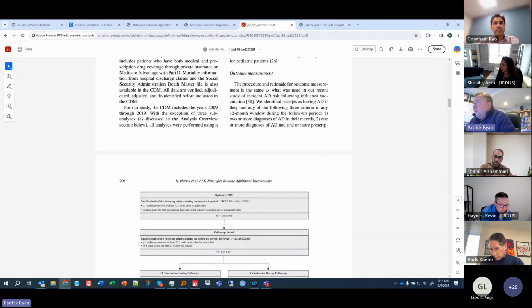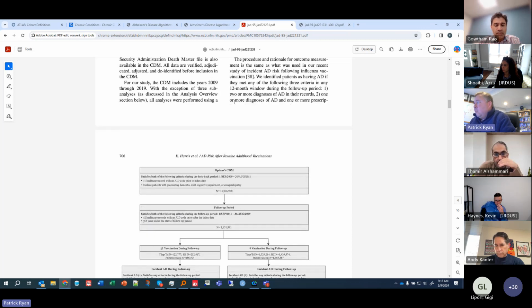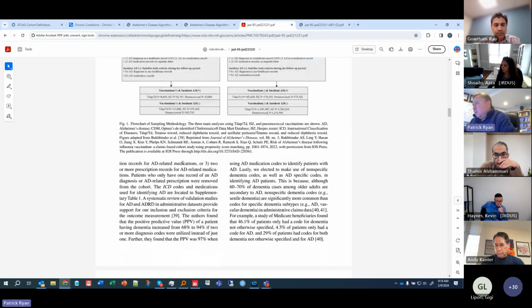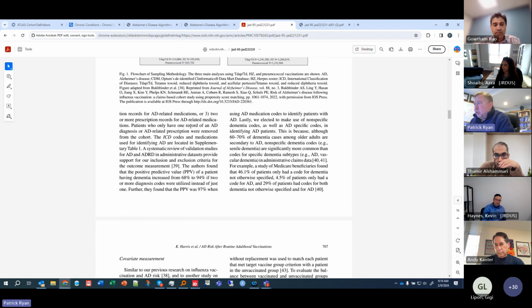It says that we identified patients as having Alzheimer's disease if they met any of the following 3 criteria within a 12-month window during the follow-up period. Either they must have 2 or more diagnoses of Alzheimer's disease, or they must have 1 or more diagnoses and 1 or more prescription records for Alzheimer's disease-related medications, or they must have 2 or more prescription records for Alzheimer's disease medications. They specifically highlight that a person who has only 1 record of Alzheimer's disease or only 1 drug,